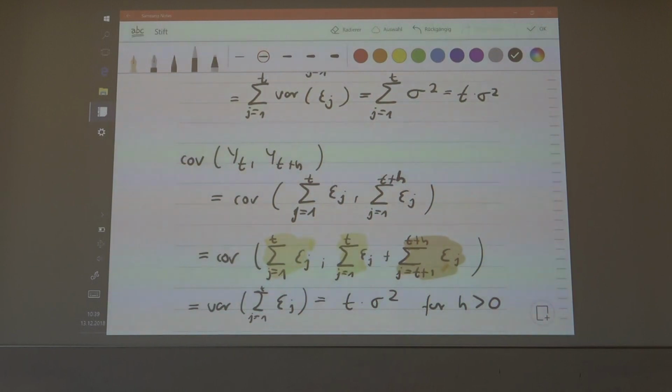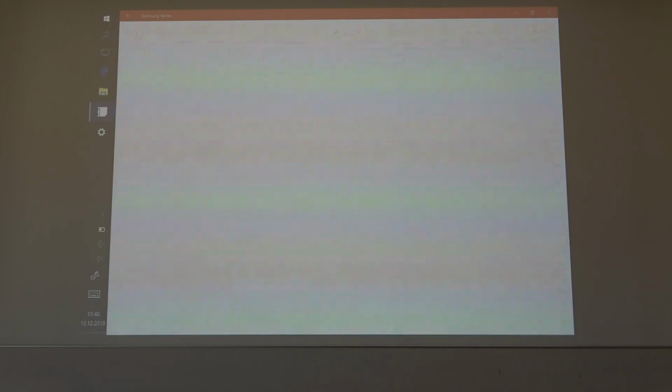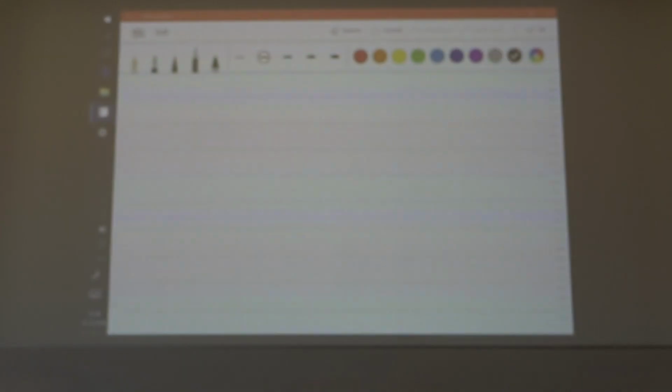Now, of course, we look at certain properties. Obviously the random walk is not stationary, because the variance is time dependent, so it cannot be stationary, and the autocovariance is also time dependent. But most importantly the variance. The variance of the process is time dependent. Basically, it's linear in time, so the random walk is not stationary.